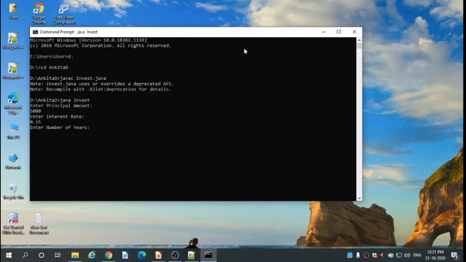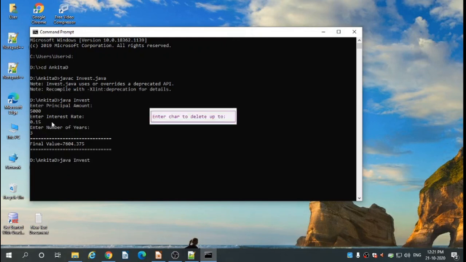Enter number of years. I'll pass 3. It is showing you the final loan value, like 7604. So this is the final output for that program. Thank you.